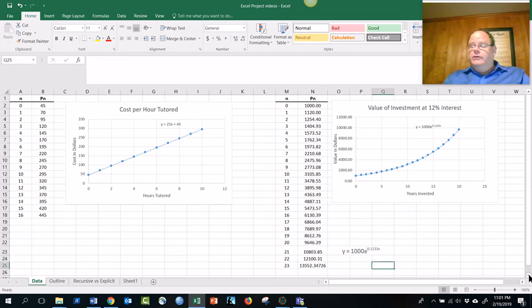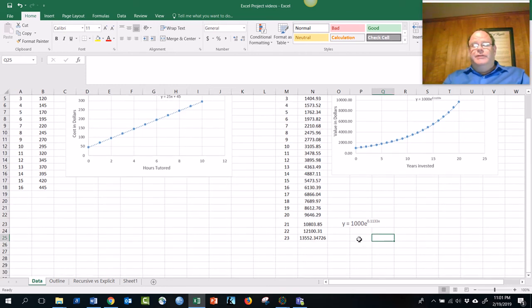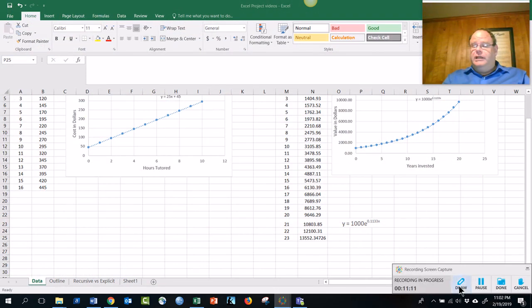Now, I notice the E. So E is really nothing to be afraid of. It's just a special number, like pi is a special number for working with circles, right? Well, E is a special number that shows up a lot with exponential things, okay? So you can either use E directly, which I'll show you how to do in Excel in a moment, or the instructions tell us that we